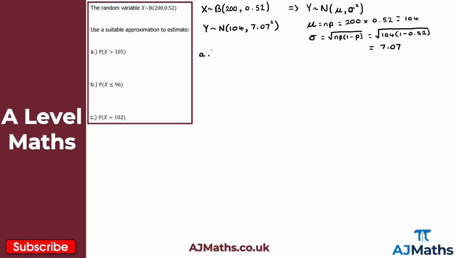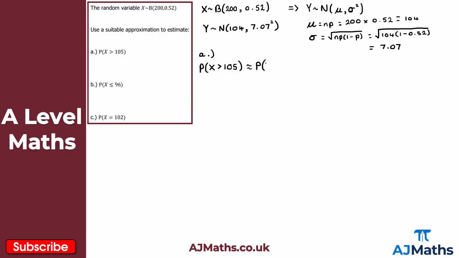So for part A then, we want to find the probability that x is greater than 105. Okay. So obviously we can't find this probability here, okay, using the tables from the formula book. So we're going to use our approximation then. So we've got our approximation here. So this will be approximately then